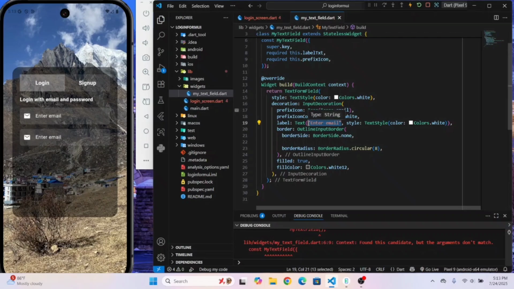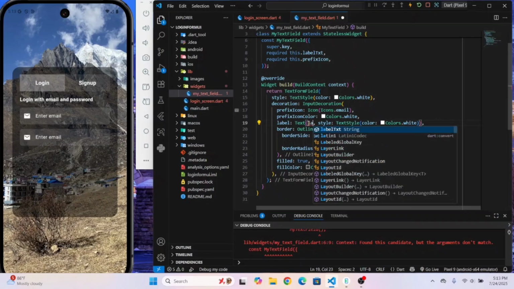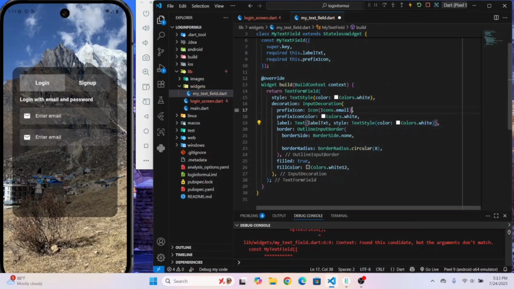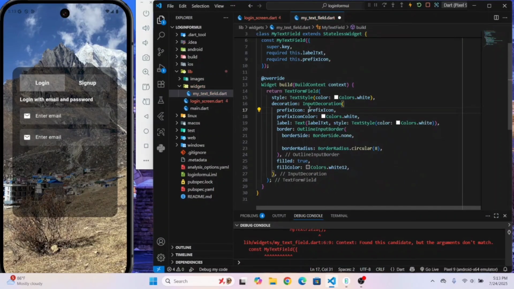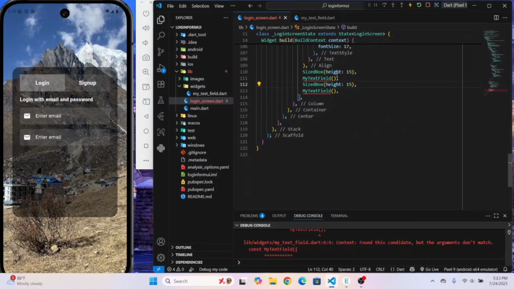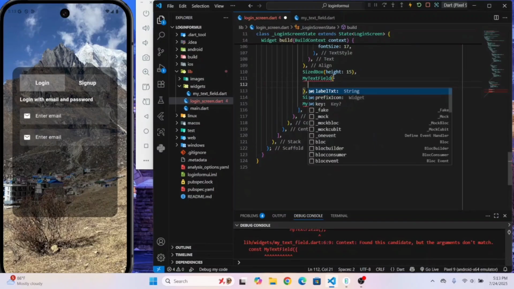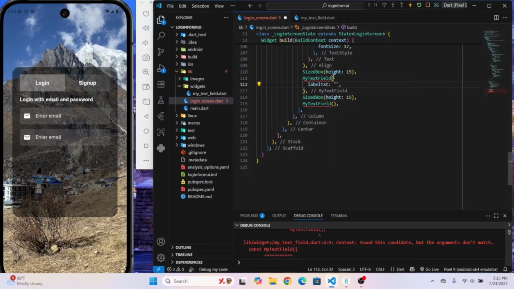Remove this hard-coded text and write labelText here, and remove this hard-coded icon and write prefixIcon. We'll get the error here. We have to give labelText here, so just write labelText email, and also give the prefixIcon